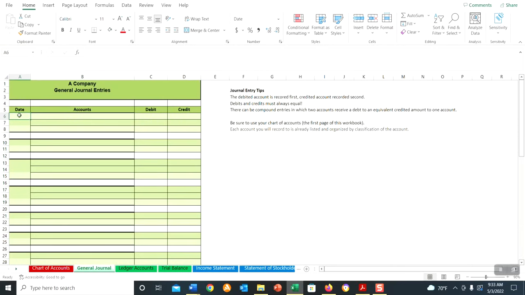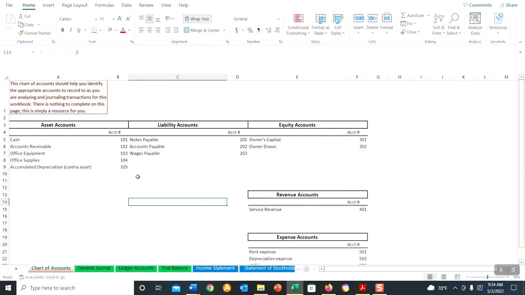So now we start to record that. The date goes on the debit line of the transaction. So we are debiting or increasing cash by $100,000. Sorry guys, I'm missing a zero. And then we are crediting liabilities. So let's jump back and see what our liability accounts are right quick.